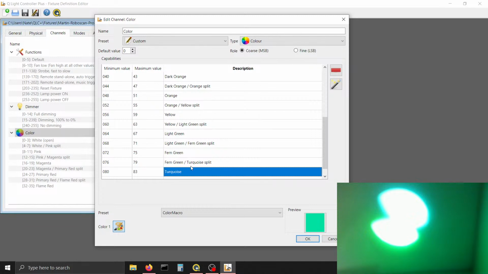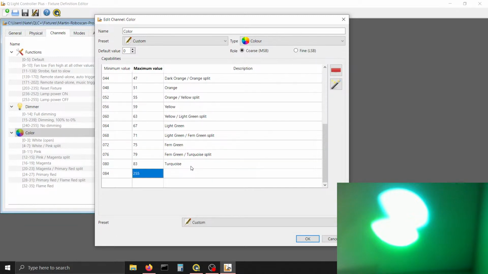A funny thing is that does look a lot like cyan, so we'll see what cyan looks like when we get to